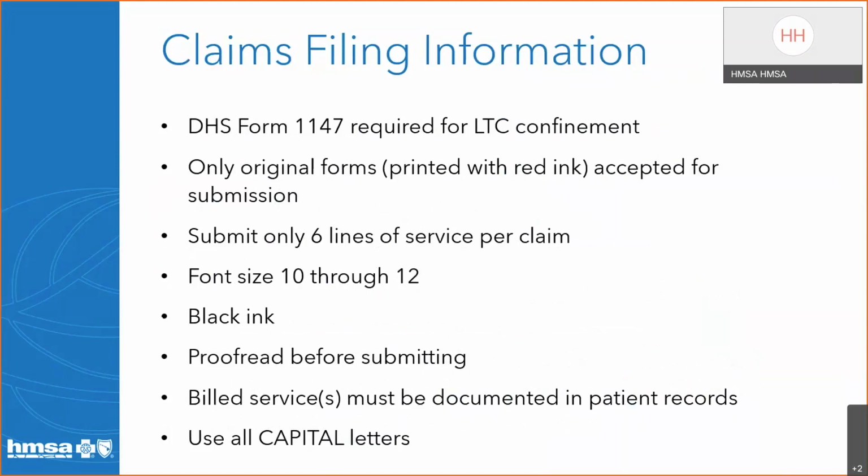For paper claim submissions, all claims undergo optical scanning to enter our processing system. So for that reason, we can only accept original red ink claim forms. Claims have to be legible to be processed, so we do ask that you use font size between 10 and 12 with black ink. Please don't exceed a data field size by trying to squeeze in more information than it was designed to hold. Also, do not use highlighters, as our claims scanning equipment cannot read highlighted fields, and do not use whiteout.